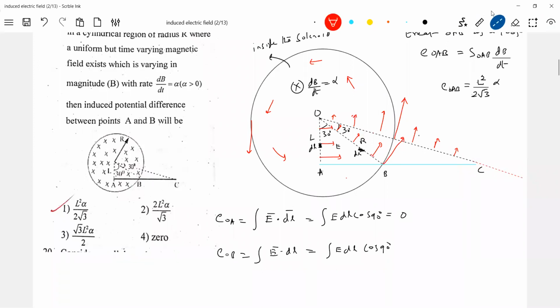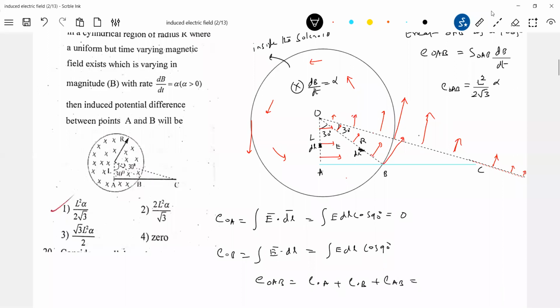Have a very generalized idea, because so many numericals will be related to this information. So like this, I should keep on decreasing the magnitude of E bar. Not only till C, we can continue till here like this. Fine. So the EMF induced in the rod OB is also 0. So what is the total EMF induced? EOB should be equal to EOA plus EOB plus EAB. These two are 0, plus EAB.